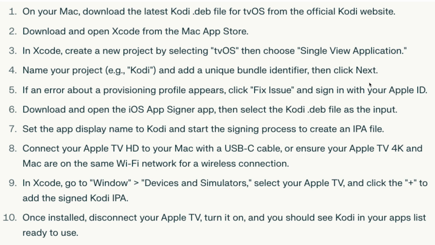In Xcode, go to Window, Devices, and Simulators, select your Apple TV and click the plus to add the signed Kodi IPA. Once installed, disconnect your Apple TV, turn it on, and you should see Kodi in your apps list